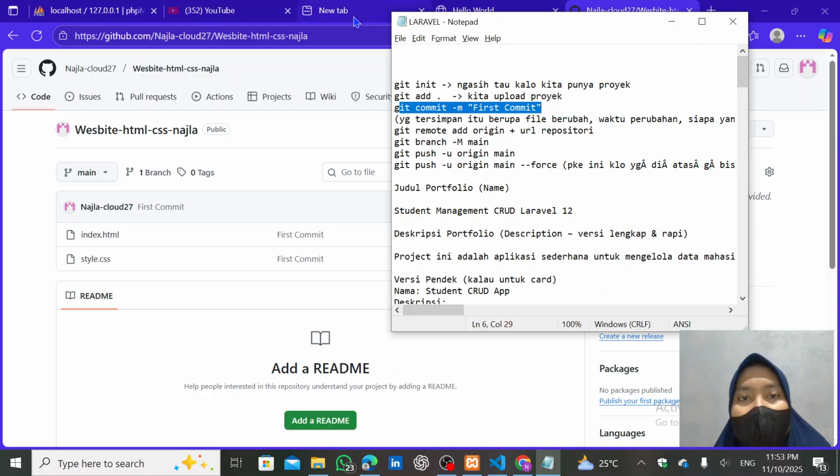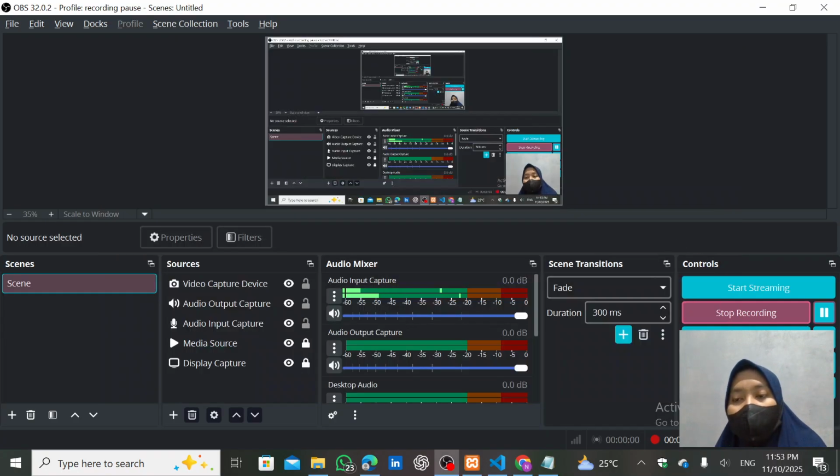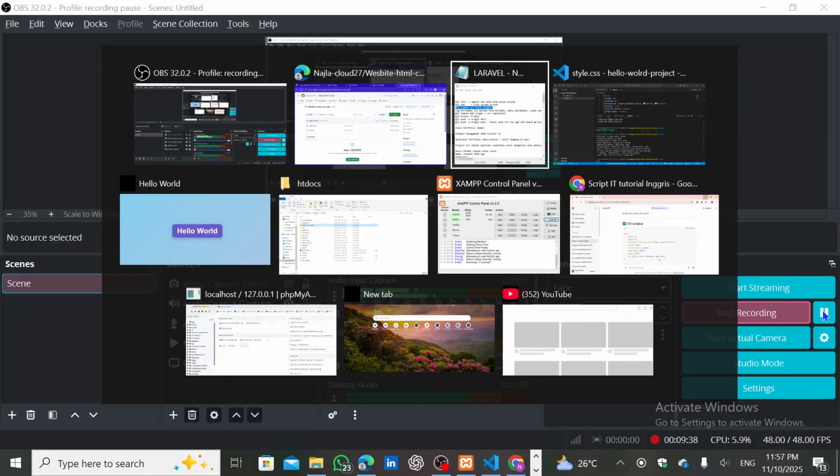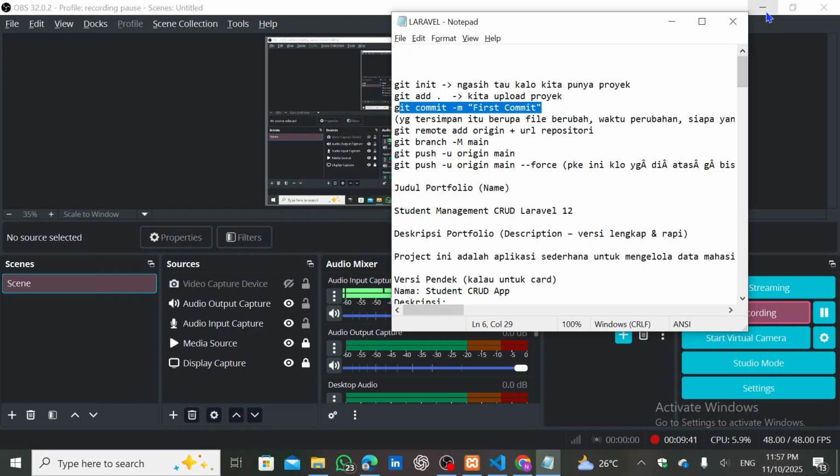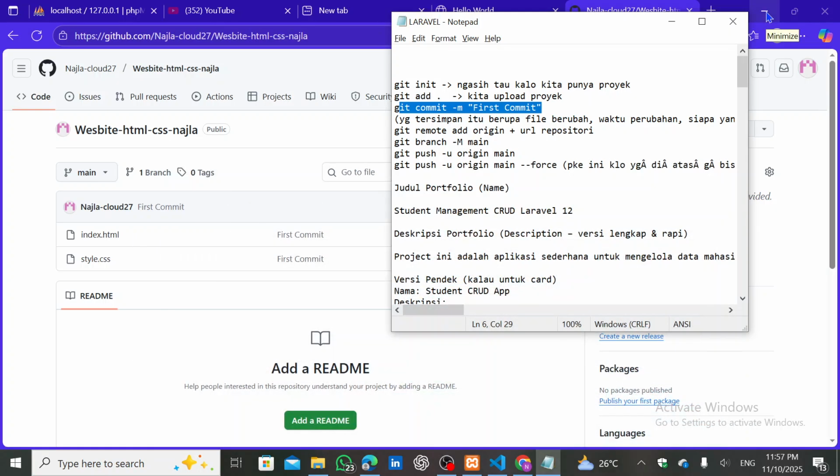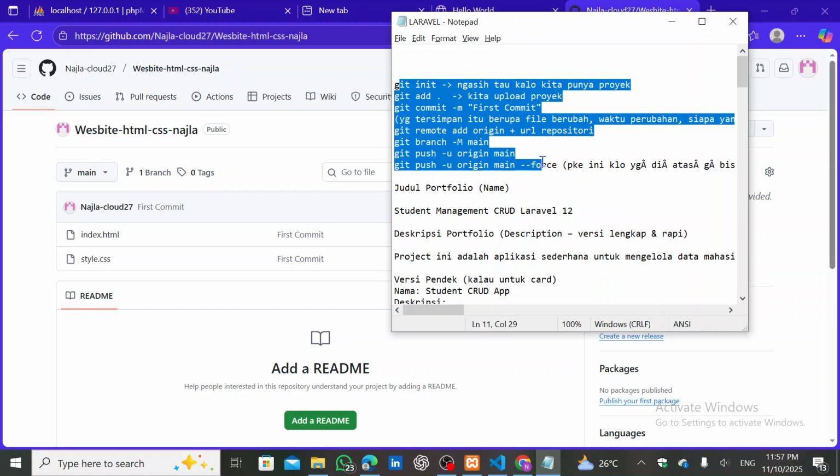So this code uploads to GitHub. These Git commands are important because they are the basic steps to upload any project to GitHub.